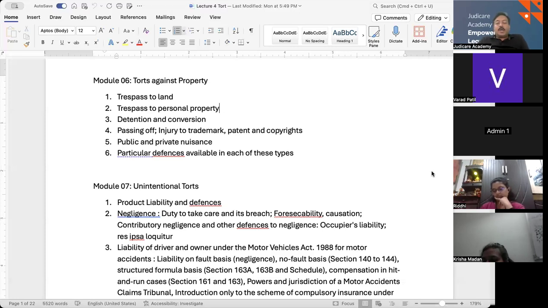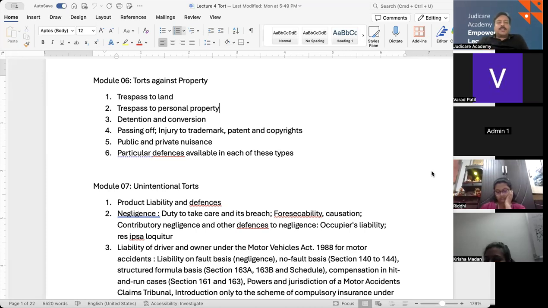The second defense could be honest concurrent use. If two businesses use a similar trademark without knowledge of each other, this defense may apply, asserting that there was no intent to deceive consumers. They were similar, so they fought this matter for a very long time in court. Anyways, one of them lost, but that was the defense given by them.